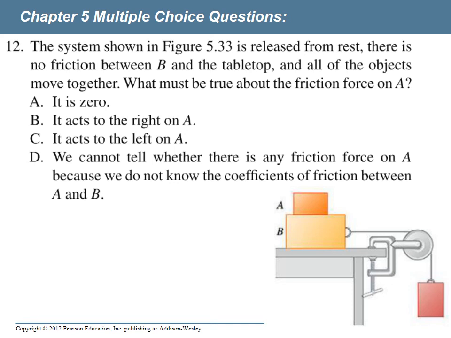Okay, so this is the last multiple choice problem from chapter 5. And so we see we have a system here, some block and some pulley pulling on this other block right here, right? And so it's going to pull on it. It says there's no friction whatsoever between this block and the countertop, the tabletop. And then there is a frictional force between A and B, though. And it says that everything moves